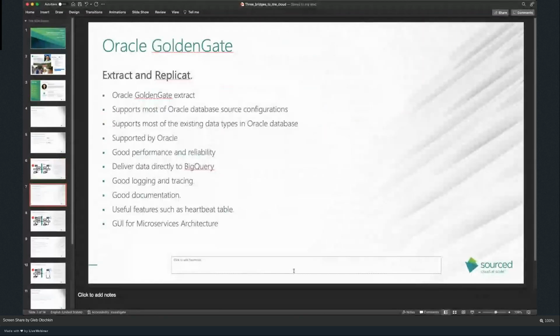It supports most Oracle databases, of course. GoldenGate for big data is different from Oracle GoldenGate for Oracle database. When we talk about capturing data, we are talking about Oracle GoldenGate for Oracle database, and you can choose the version of GoldenGate for Oracle database which supports the actual version of Oracle you have.